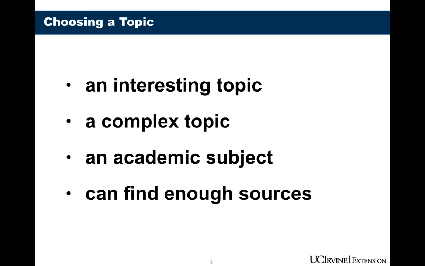And you also need to choose a topic that you can find enough sources on. It probably should not be a topic that just developed yesterday. If something just developed yesterday, there's probably not enough source material on it. You want to think of something that has been around for a year or two so that there would be some sources for you to find. But because your topic is also supposed to be interesting, don't choose a topic that has been written about for the past 20 years. If it's something that there have been lots of opinions written about, then it's not going to make a good topic for your documented essay. Try to think of something that's fresh and that you might have some new perspective on.